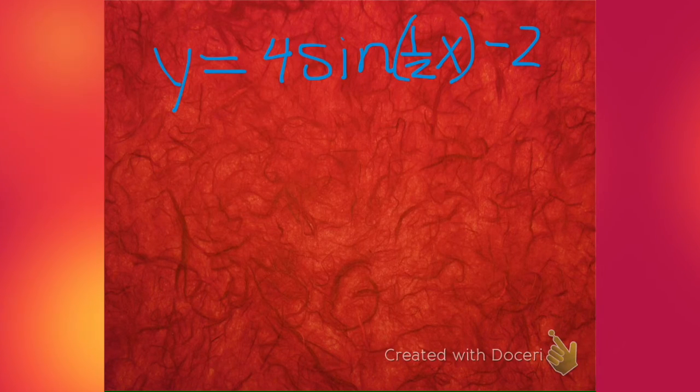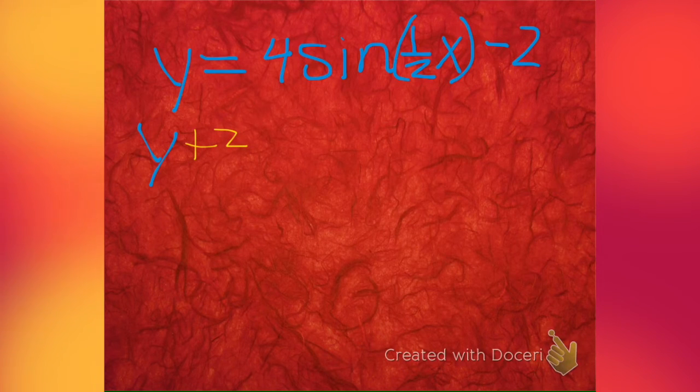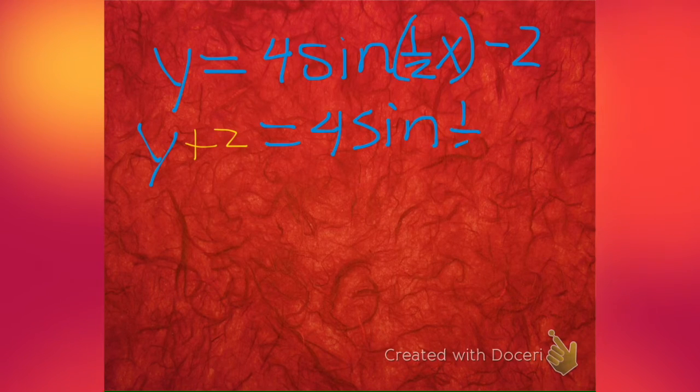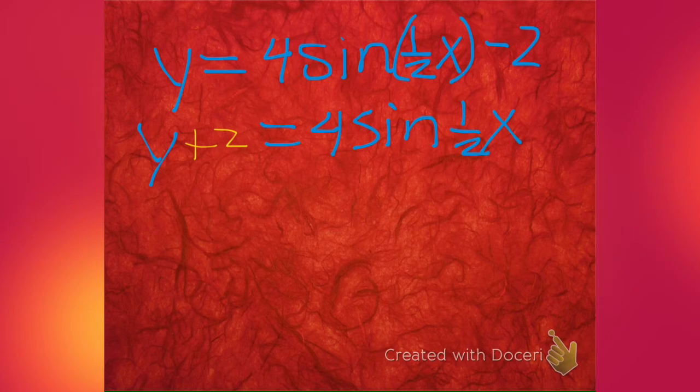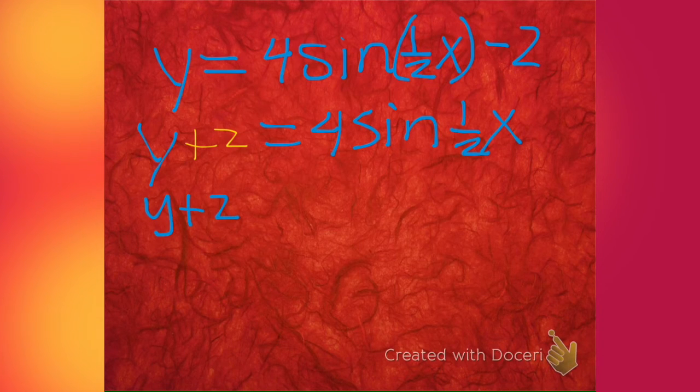First, you've got to get rid of all the friends. How do you undo that? You add 2 to both sides. So you have y plus 2 is equal to 4 sine 1/2 x. And you've got to get sine all by itself. So you've got to get rid of that 4. She's got to leave him. So then you divide everything by 4. So you have y plus 2 divided by 4, that's going to be equal to the sine